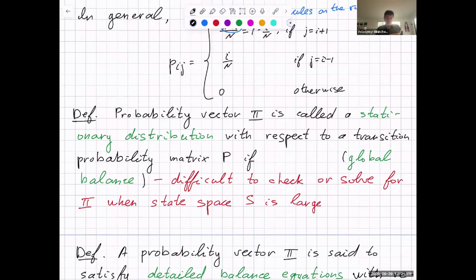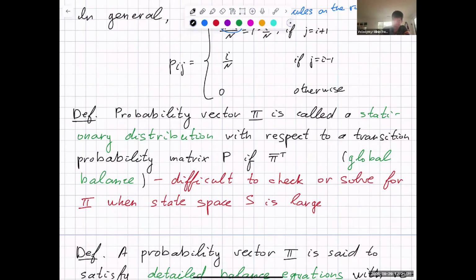We're interested in stationary behavior. Like, can we have a system which basically doesn't change much? If you give it a certain configuration, it will more or less stay in that configuration. It will deviate from it, but in a very predictable way, and that's called a stationary distribution. And so a probability vector pi is called a stationary distribution with respect to a transition probability matrix P if the